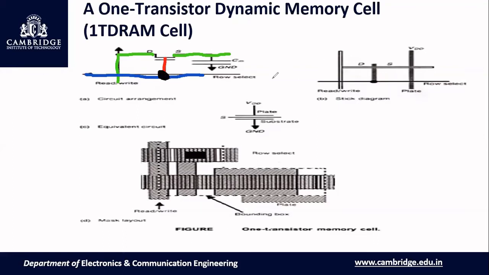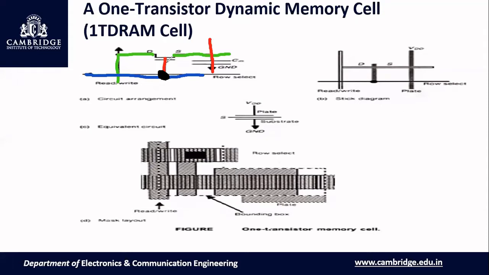And you know how a capacitor can be obtained. For a capacitor also, we can just cross poly. By crossing poly over diffusion, we get a transistor, and that transistor can be used as a capacitor too. Below poly you'll have silicon dioxide, and below that you'll have diffusion. Because of that, you'll get a capacitor as well as a transistor. So here you can see how the stick diagram has been drawn.